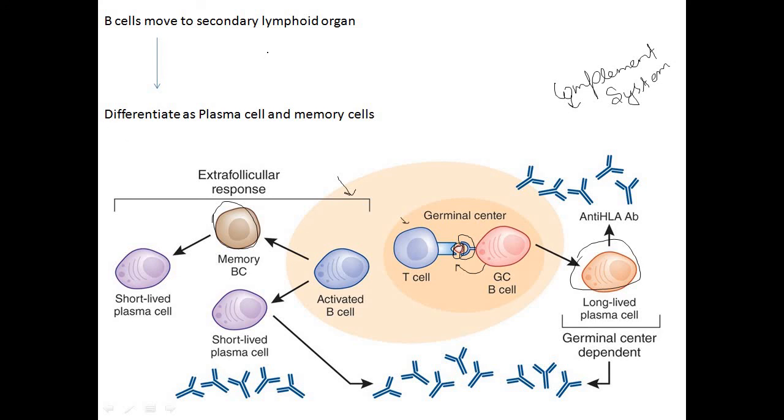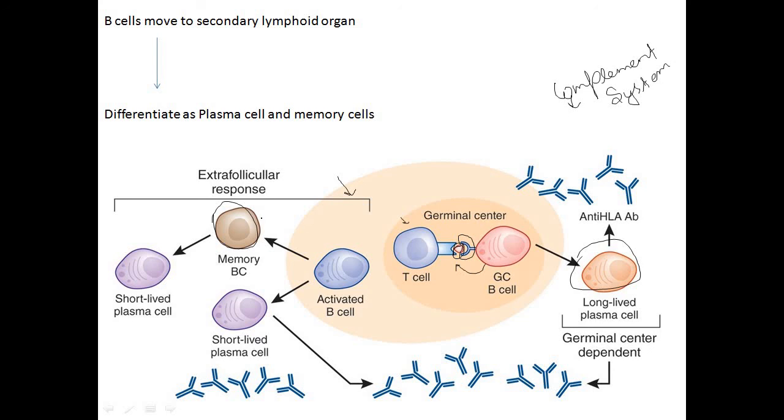So the B cell will move to the secondary lymphoid organ. They will start proliferating. They will constitute this germinal center. Inside this germinal center, somatic hypermutation, affinity maturation, as well as class switching occur, and also the selection of those B cells that have a much higher affinity for antigen. Finally, when all this process has occurred, the B cell will be divided into two parts: the plasma cells as well as the memory cells. The plasma cells are effector B cells that will be immediately involved in the clearance of pathogen from the body. However, the memory cells will be stored in the body for a second exposure to that particular antigen.